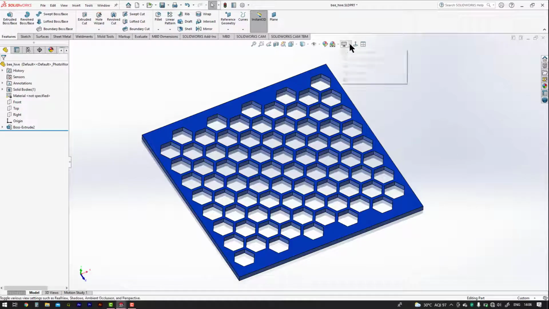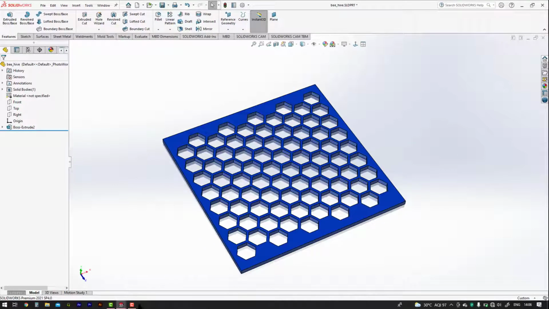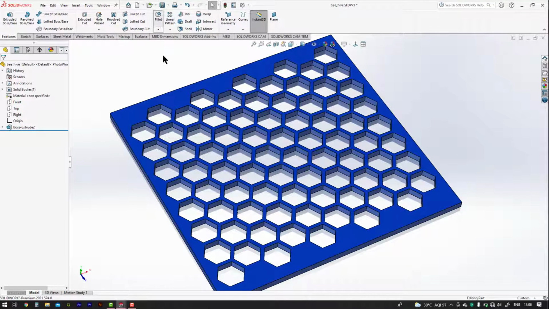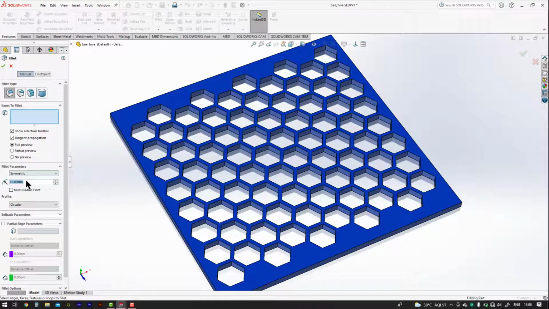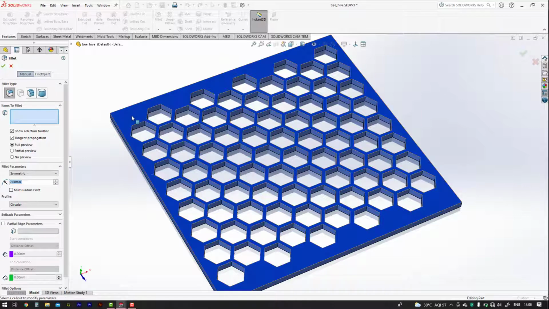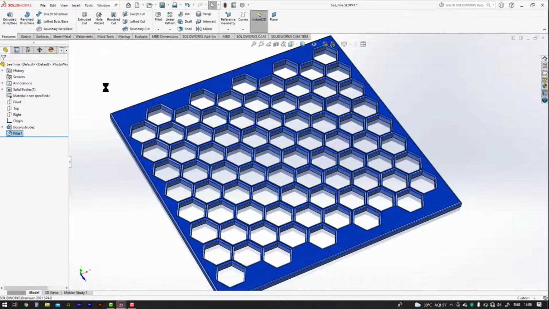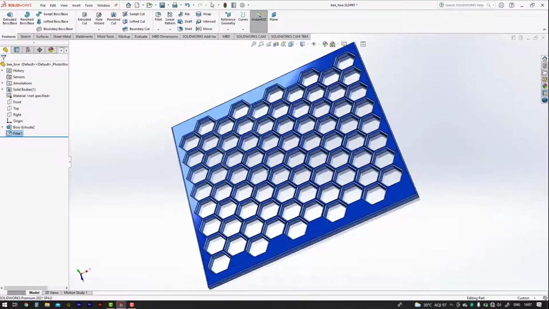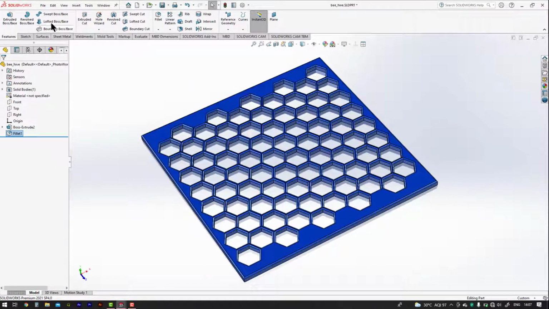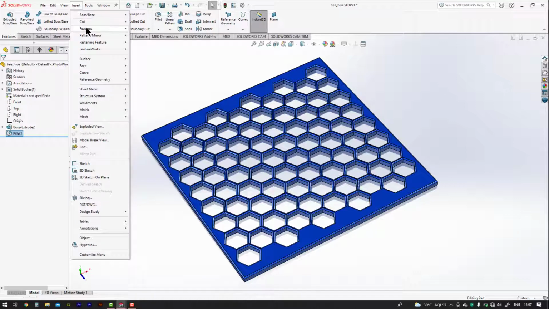Now turn on the perspective view and I'm going to apply some fillet on this face. Give fillet radius as 2 mm and select this face. Now click OK. Now if we want to convert this into some cylindrical form, we can go to Insert, Features